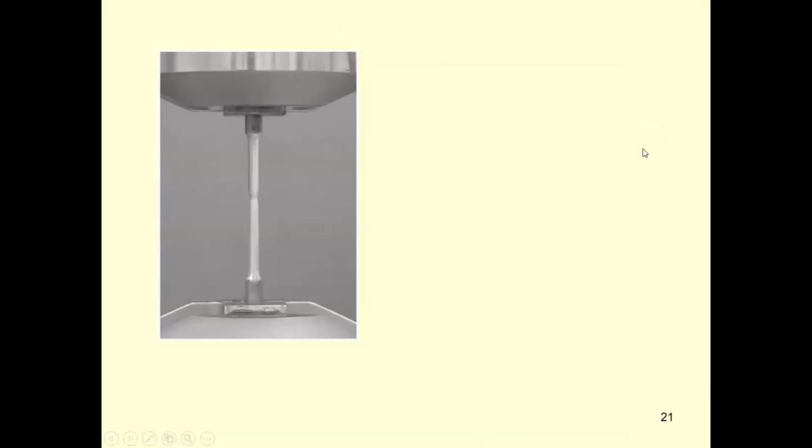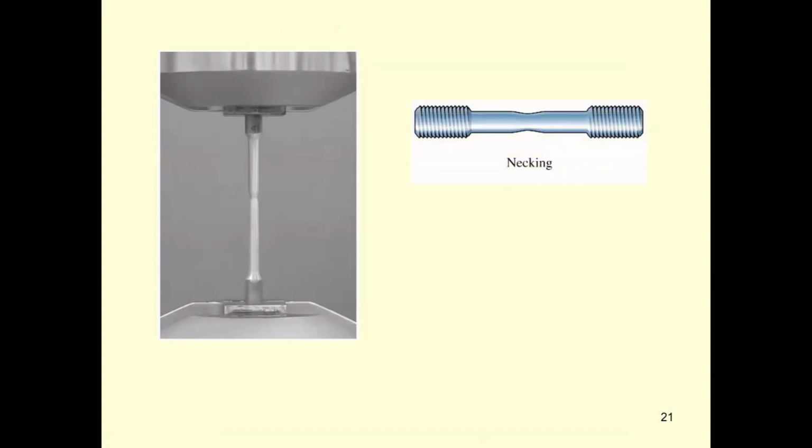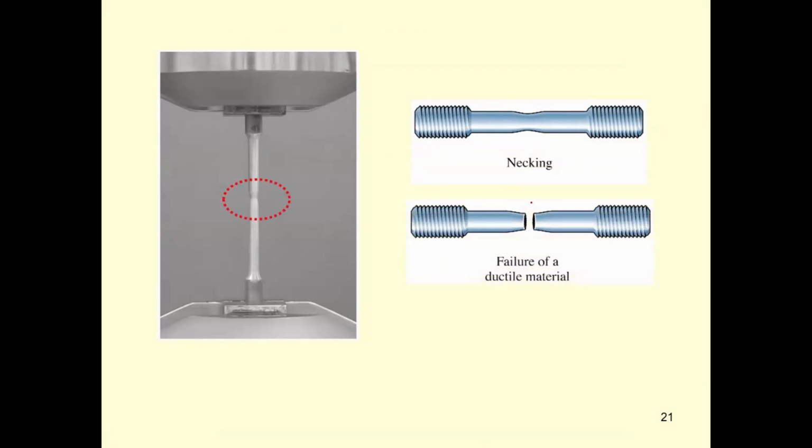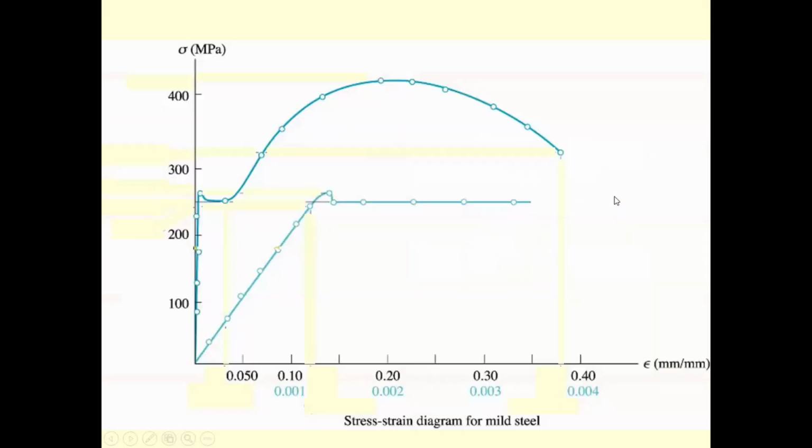Then the necking, as shown over here, you have had the experience of touching it already. After its failure, you have to measure two things. One, you measure this one, that's D sub f, in order to calculate A sub f. And also you have to measure L sub f. Later we will use both L sub f and A sub f to calculate the ductility properties of the steel: percent elongation and percent area reduction.